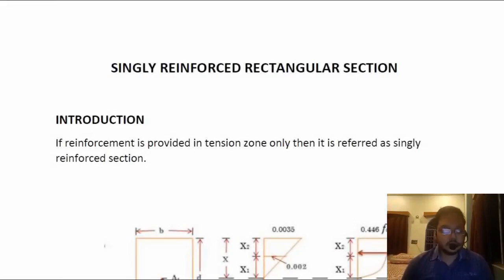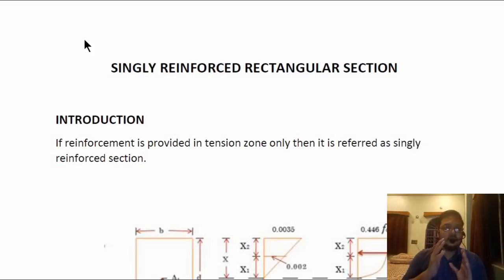This is the sixth video regarding the design of reinforced cement concrete. In the previous five videos, in the first three videos I discussed the basic concepts of reinforced cement concrete, the basic prerequisite knowledge we need to keep before we go for the design of any type of RCC structure. And in the second chapter, that is in the 4th and 5th videos, it was discussed about the limit state method of design. This is one method that we can apply for design of various structures.